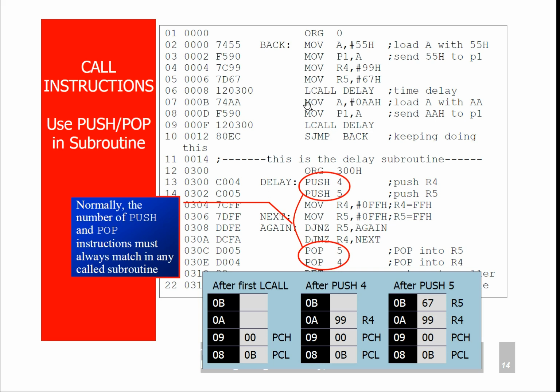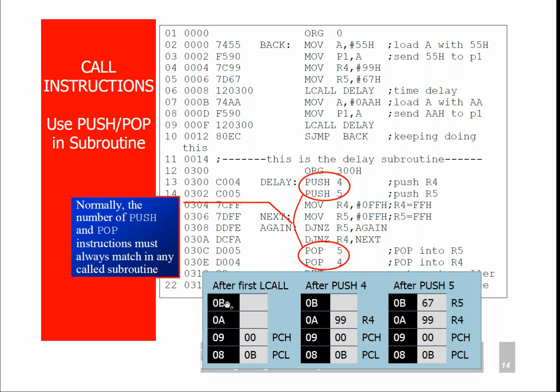So on the execution of call instruction we know that the address of the very next instruction, in this case move a #0ah, the address of this instruction is 000b, will be stored onto the stack.